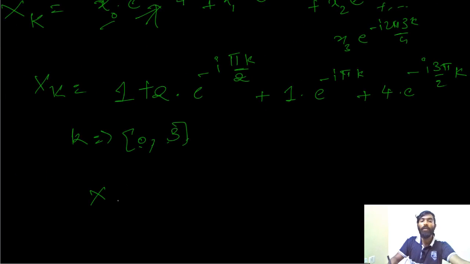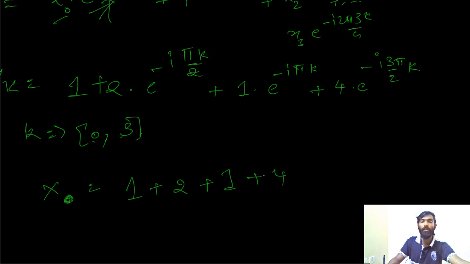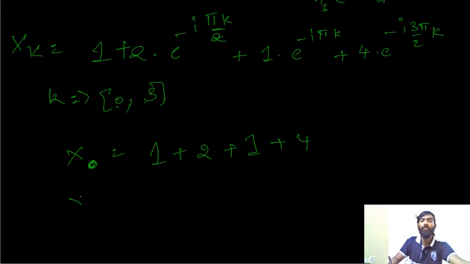So if I want to find out the first term of the frequency, capital X 0, I just put k equals to 0. So I get 1 plus 2 power, so k equals to 0 everywhere. It's going to be 1, 1, 1, 1. So I have X 0 equals 4. So this is my k equals to 0. If I have k equals to 1, I have 1 plus 2 into e power minus i pi by 2 plus